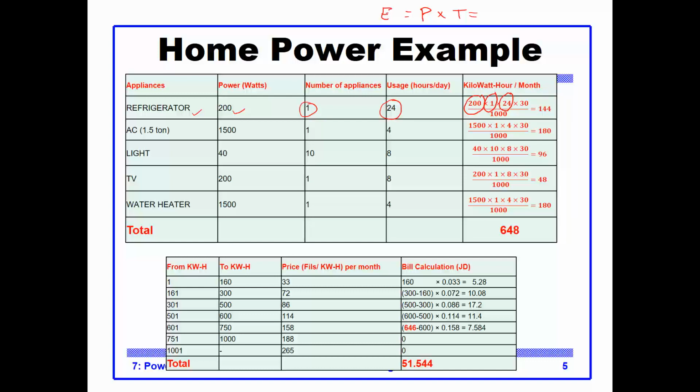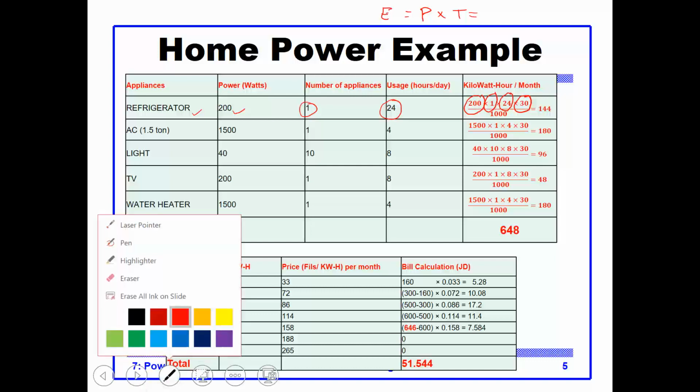That would give me the total watt-hours that I consumed during the day. And if I multiply it by 30, that seems to give me